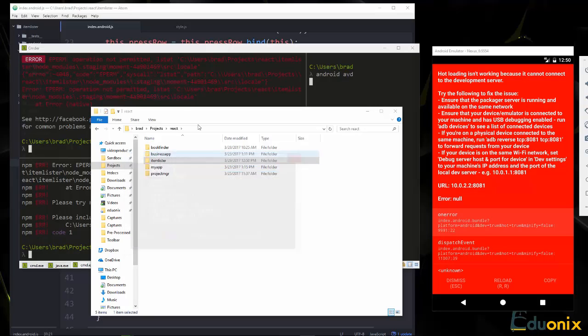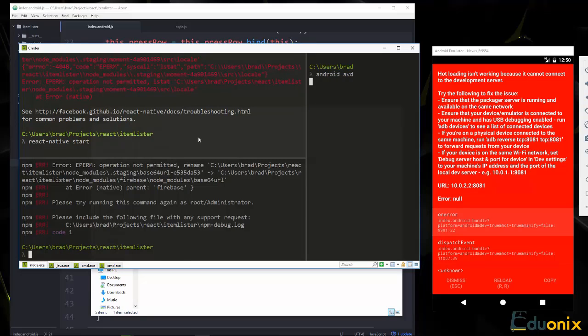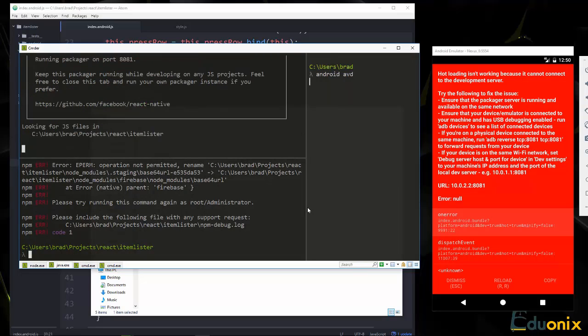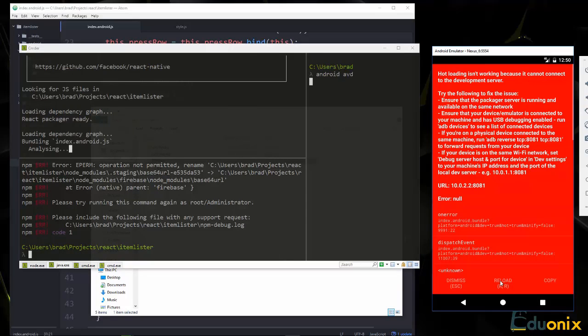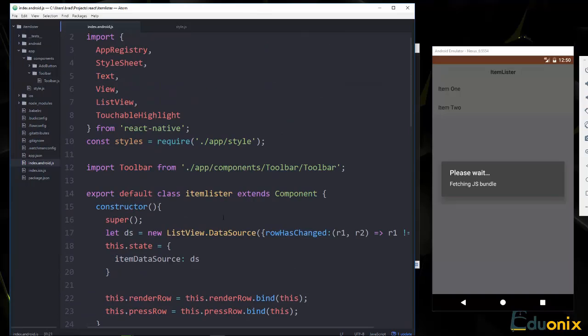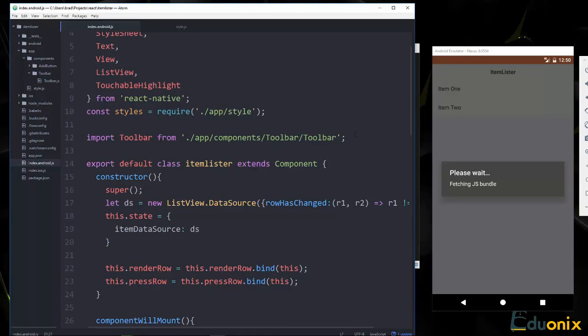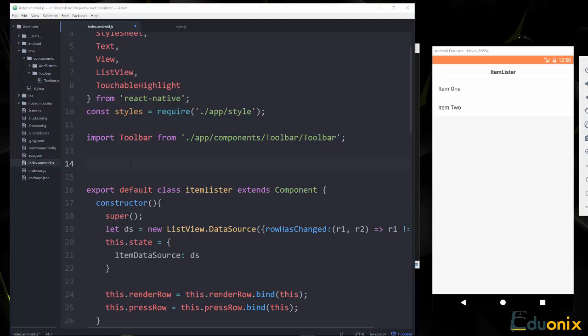I'm not exactly sure why, but the React packager stopped, so I need to just run that again. React Native start. Okay, and then this should reload. Okay, and we now have Firebase installed, so let's go back to index.android, and we need to bring it in. So I'm going to go right here. And with Firebase, we actually need to do import star, or import all, as Firebase from